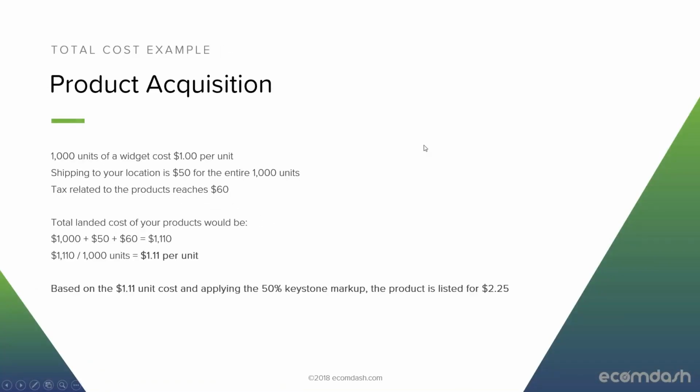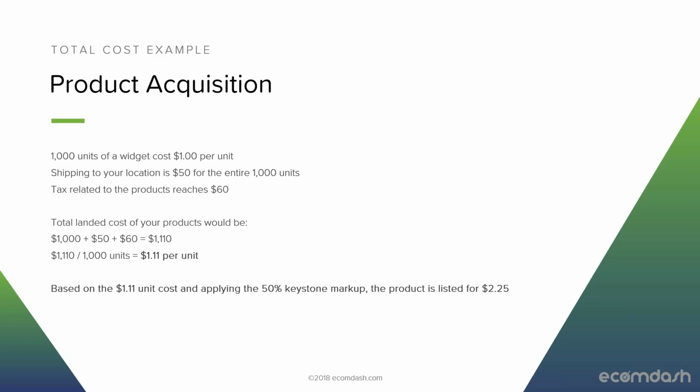So for this full example, beginning with product acquisition, start with 1,000 units of a widget that costs you $1 per unit. You need to get this item to you from this distributor. So to purchase the item, it's $1 per unit, plus it costs $50 for all 1,000 to get to you. And the tax related to that product reaches $60. So your total landed cost, which again is the cost it takes to acquire this item, is $1,000, which is the $1 per unit for 1,000 items, $50 for shipping, and $60 for tax, which gets us to